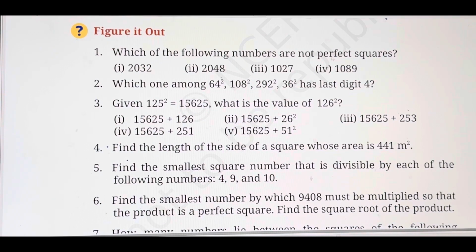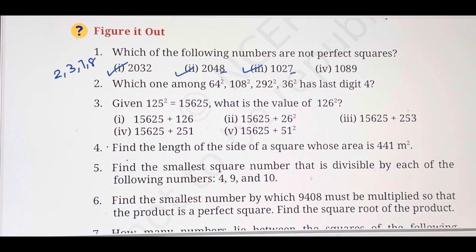Which of the following numbers are not perfect squares? Right? So you remember the numbers which are not perfect squares, their last digit is 2, 3, 7 and 8. So we can just tick mark which are not perfect squares. Here the last digit is 2. So this last digit is 4. This and last digit is 7. And your last digit is 9. Now 1089 may or may not be a perfect square, but for sure these three are not perfect squares based on the last digits. Right? That's answer number 1.